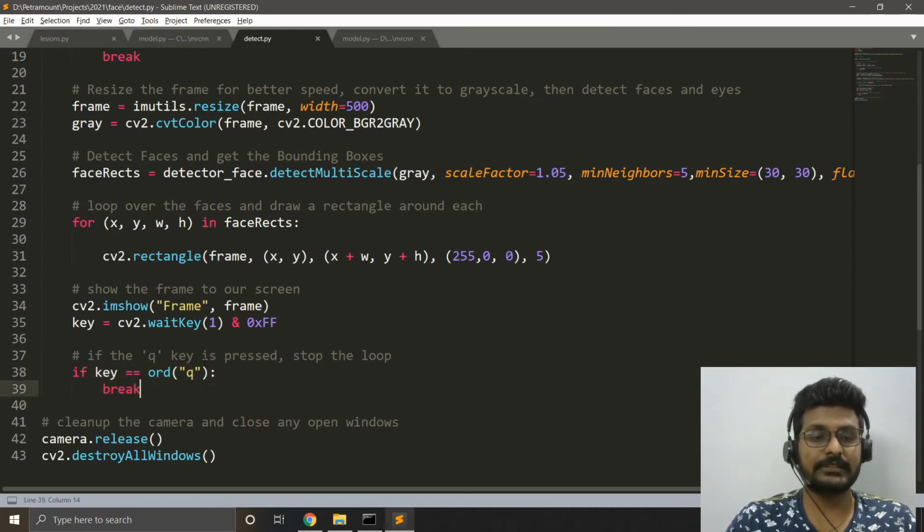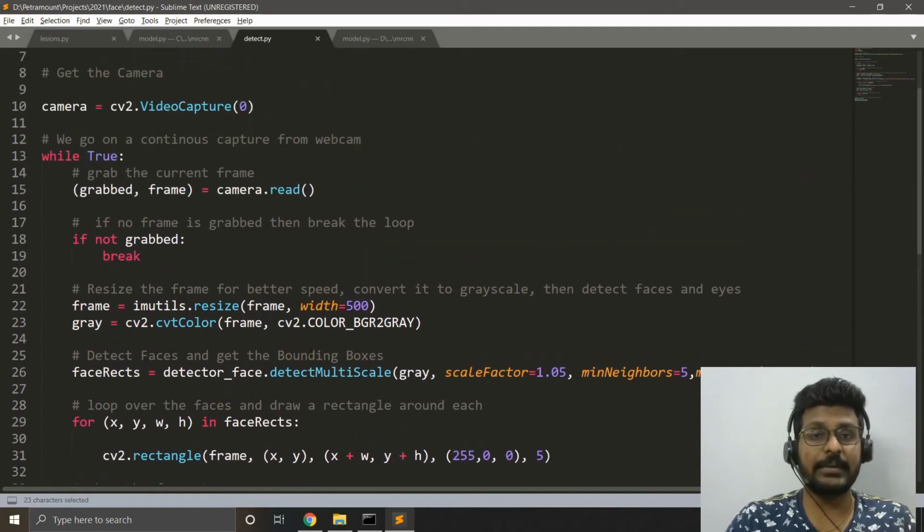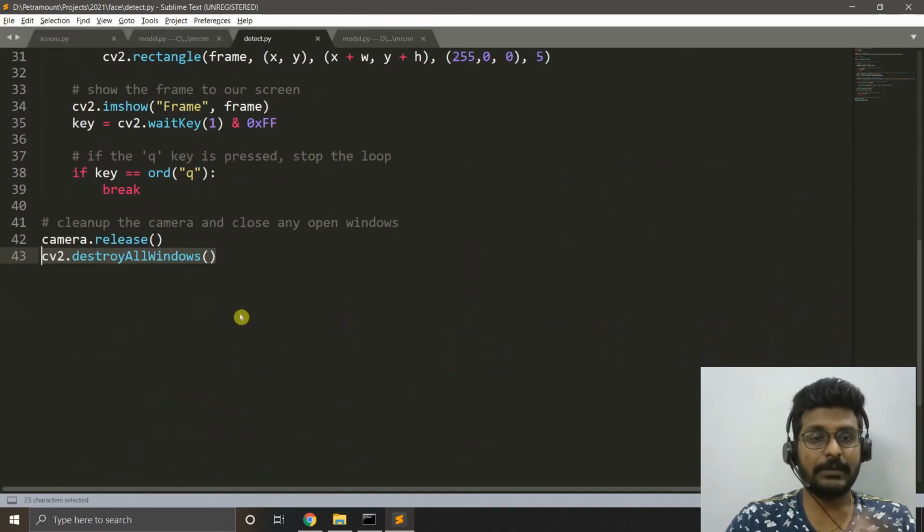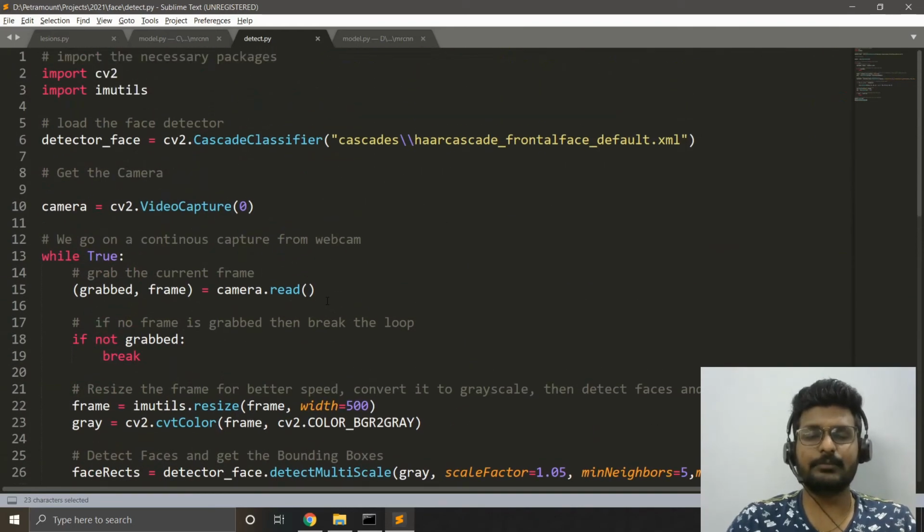Once this loop has ended, I'm going to release the camera because I don't want to hold the resources, since some other application might use it. And I'm also destroying all the windows which are detected. Because you can see that we are actually processing image by image, not the video, but image by image. That's a huge difference. So I might have multiple windows here, so I'm just trying to destroy all the windows at the end of the program. These are the small changes which you want to make if you want to use your webcam feed in your system to detect faces in real time.